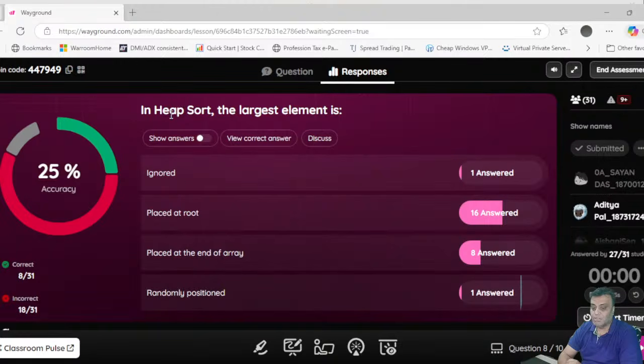We have been talking about heap sort. When you are doing a heap sort, if it is a max heap, the max heap word should be mentioned in this question. And that max heap,